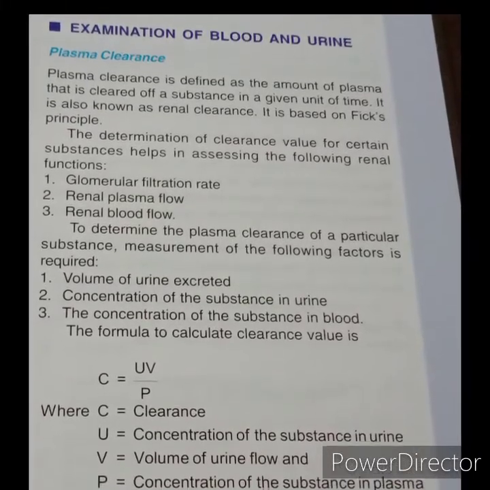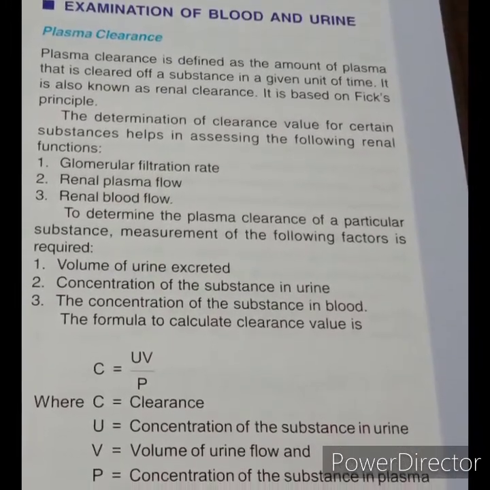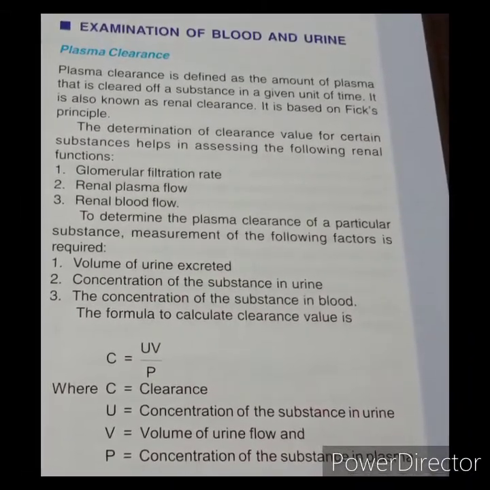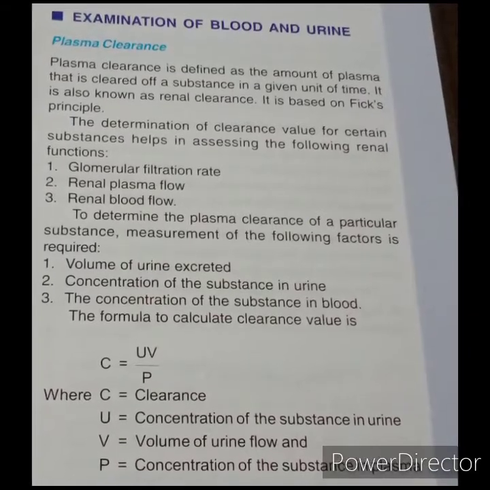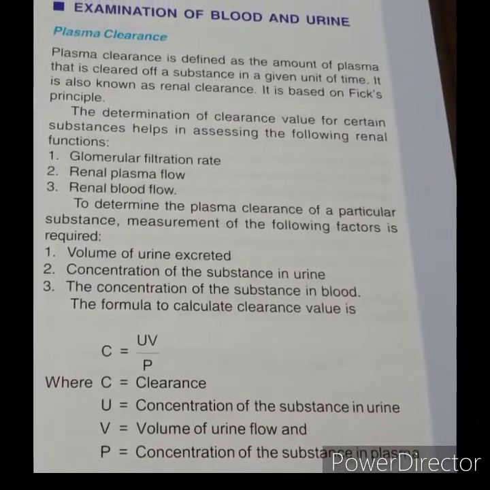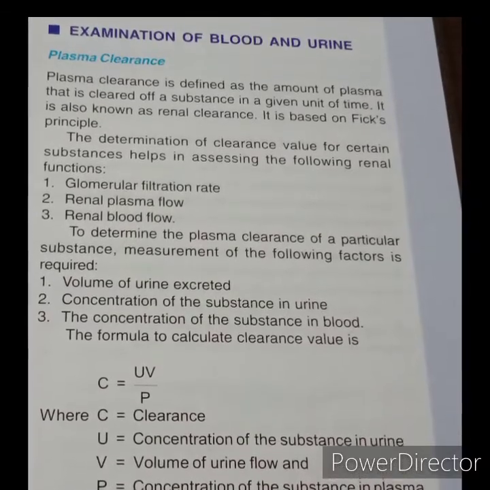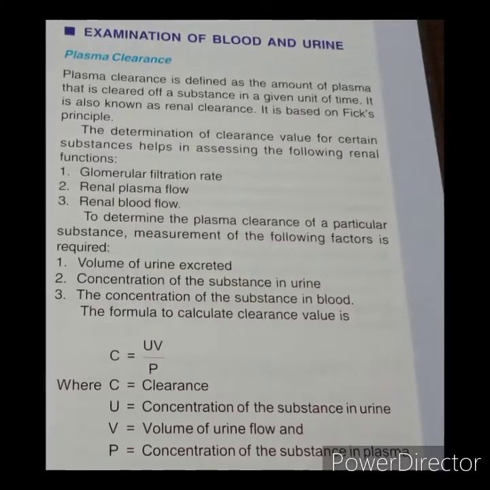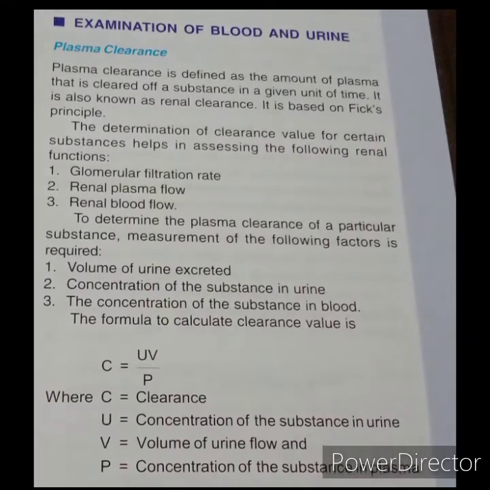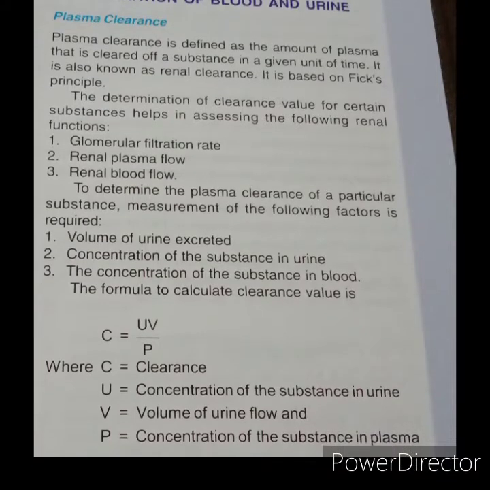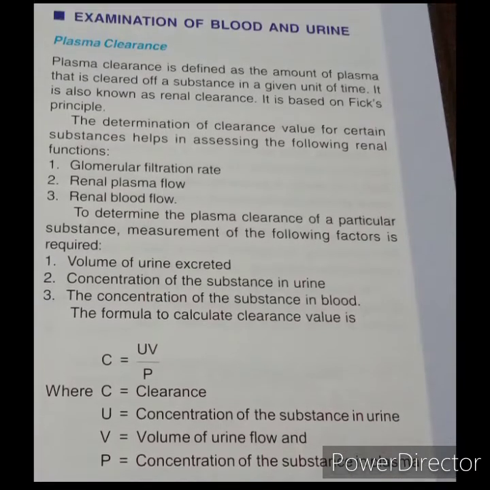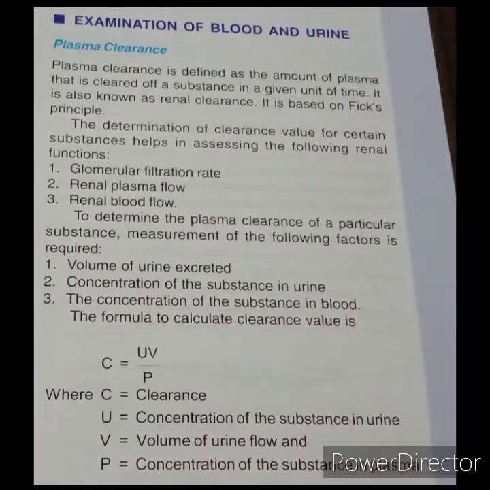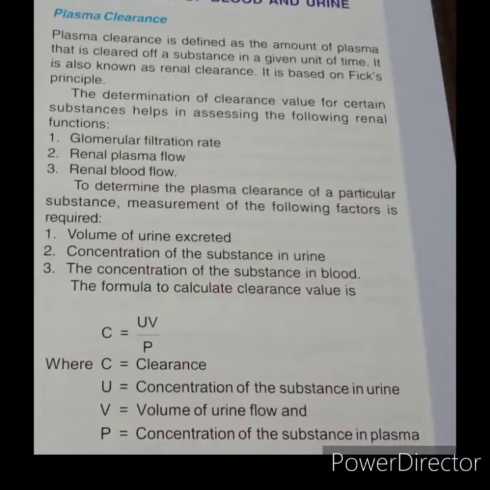Now, microscopic examination. Microscopic examination of centrifuged sediment of urine is useful in determining the renal diseases. First, red blood cell. Presence of red blood cells in urine indicates glomerular disease such as glomerulonephritis. Second, white blood cell. Normally, few white blood cells appear in high power field. The number increases in acute glomerulonephritis, infection of urinary tract, vagina or cervix.